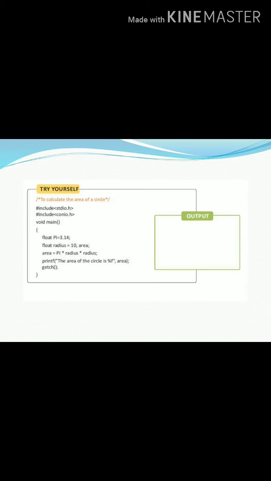The next example for the same function is to calculate the area of a circle. You can see it on the screen, children. There are two header files, void main, then float pi equal to 3.14. pi is a variable with the constant 3.14 assigned. float radius is equal to 10, already given in the program itself. Area is also a float variable. area is equal to pi into radius, that is pi r square. Then printf "The area of circle is %f", comma area. %f is nothing but float, whatever the declaration part we have.